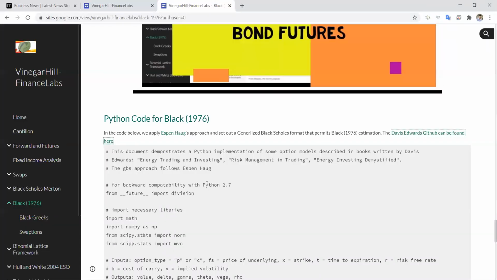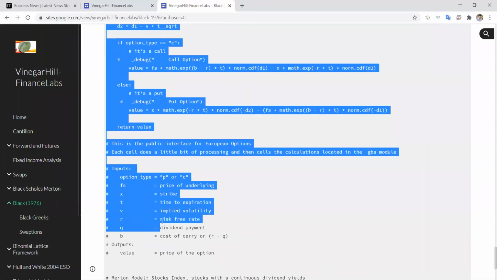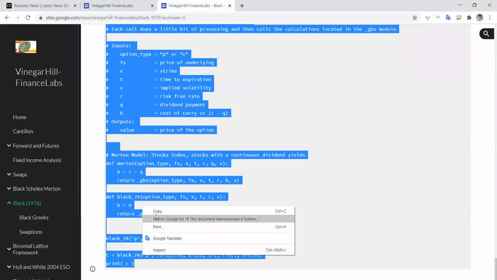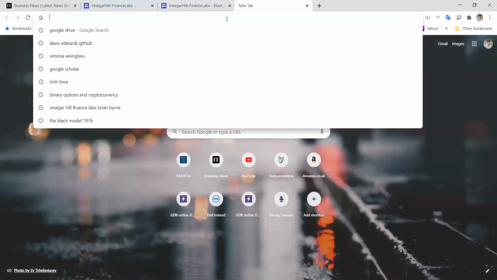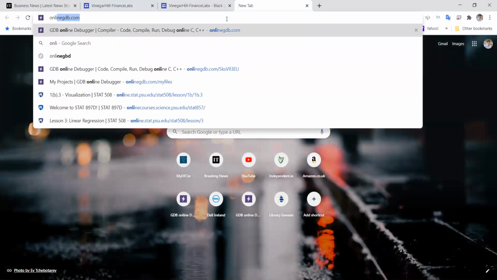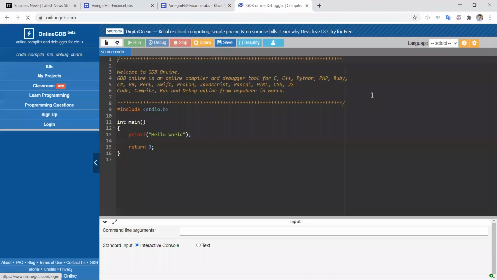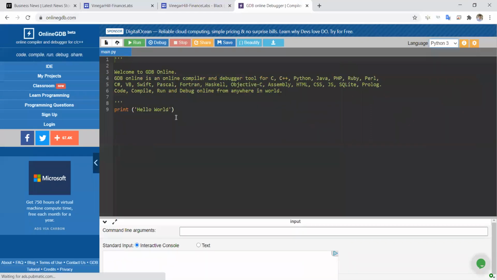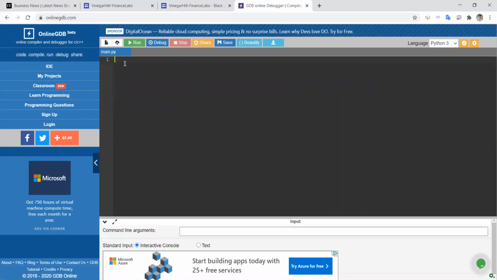Okay, so let's just copy then the Python code, and you might note that we have the values already loaded in for the parameters, and we'll just go to an online compiler. I'm going to use ONLINEGDB, and we must select which code we're working with, so Python 3, and then remove the existing code, paste in fresh,